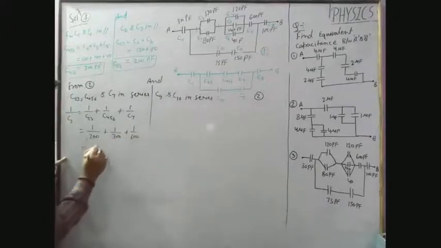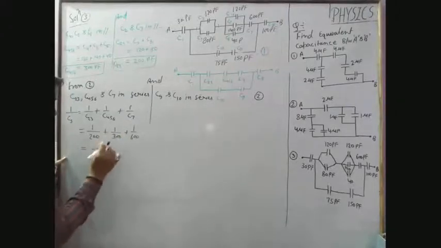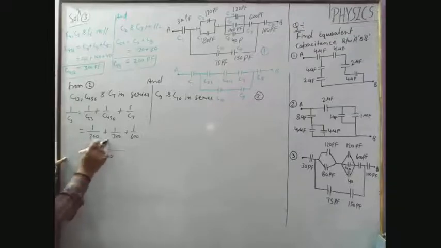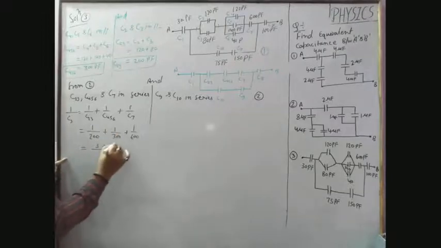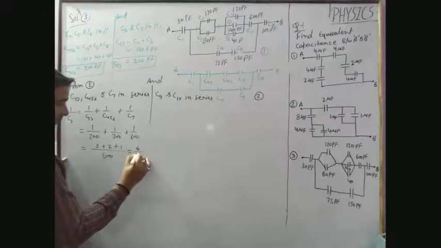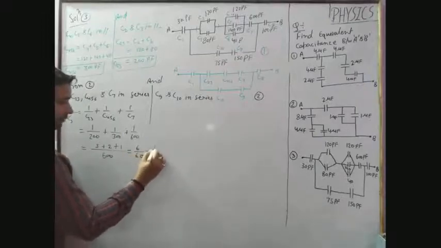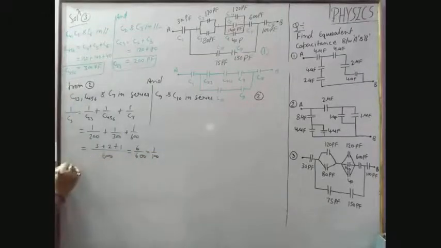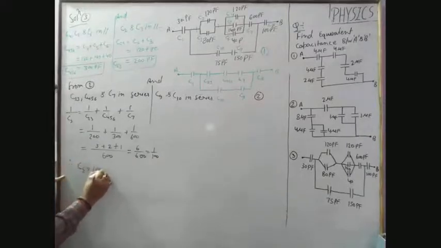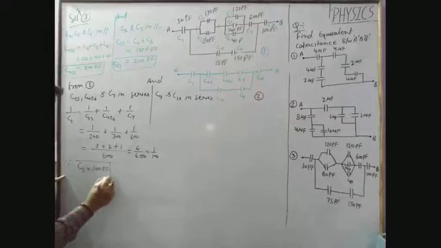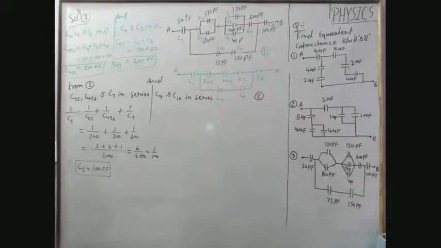Now we take here LCM as 600. For 600 multiply here 3, for 600 multiply here 2, and here is 1, that you get 6 by 600, which is 1 by 100. Therefore you will calculate that CS is equal to 100 picofarad. Okay, next